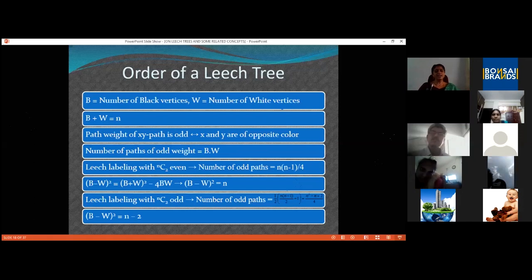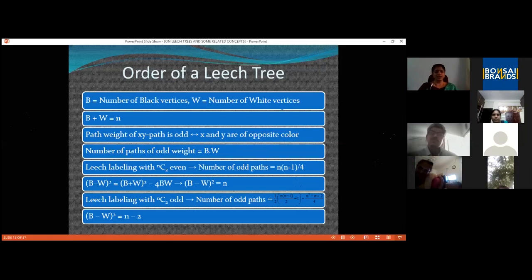And if NC2 is odd, we have b minus w whole square equal to n minus 2. That is, the value of n is either b minus w whole square, or b minus w whole square plus 2. We have done some colorings, we have obtained some black vertices, we have obtained some white vertices.